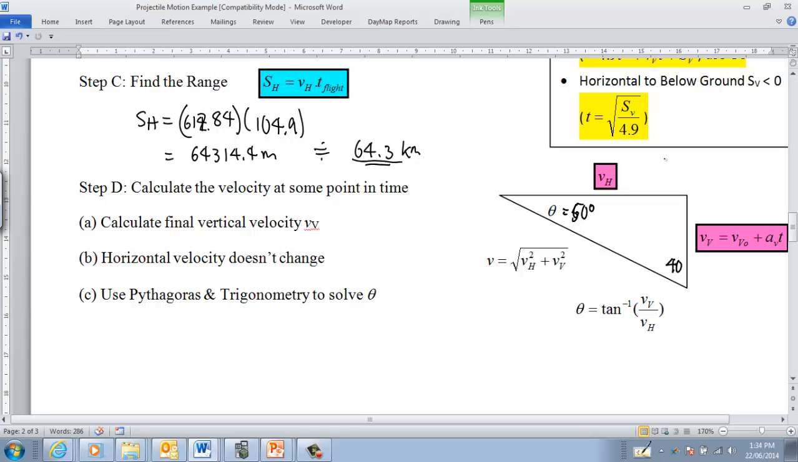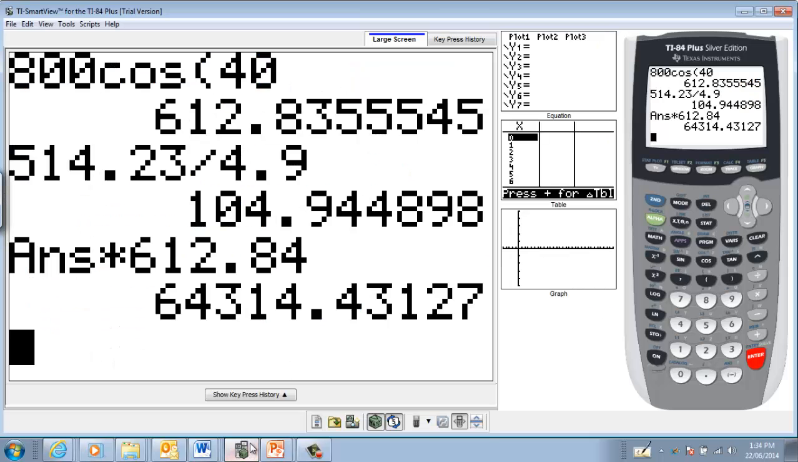The thing that doesn't change is the horizontal velocity. We know that's always going to be whatever it was at the start, so it's going to be 612.84 metres per second. The thing that does change is the vertical velocity, so we have to find the final vertical velocity first. V vertical is equal to our V vertical initial plus a times t. So therefore we know the initial vertical velocity was,